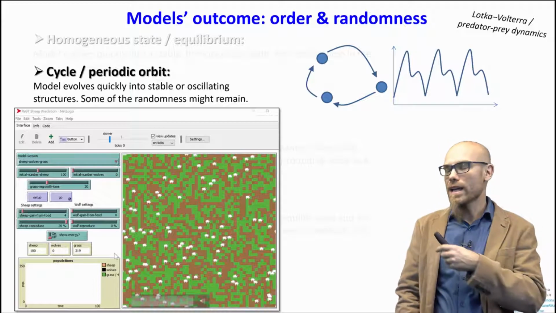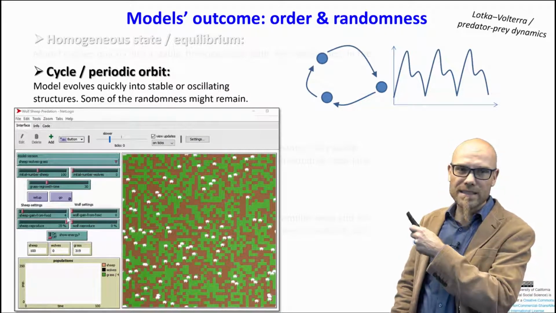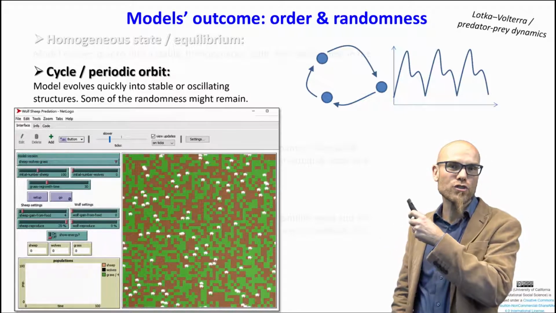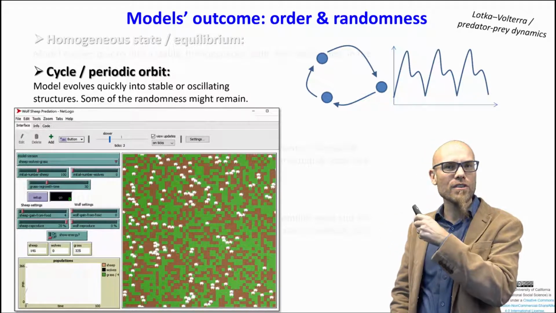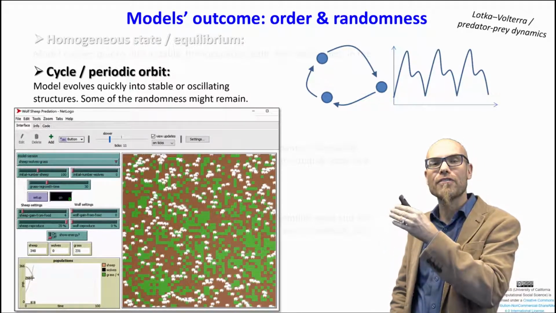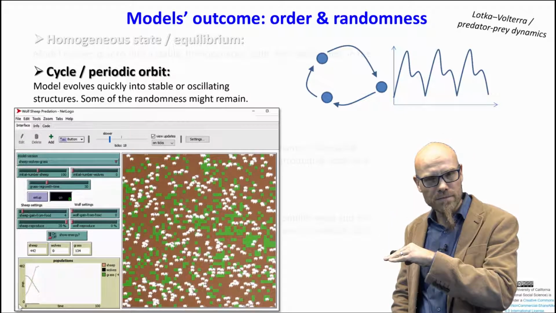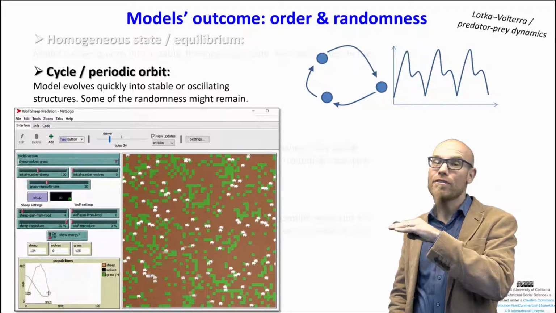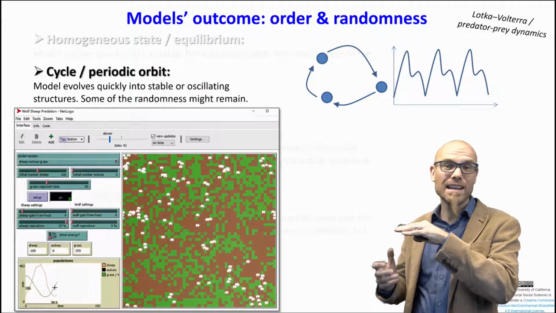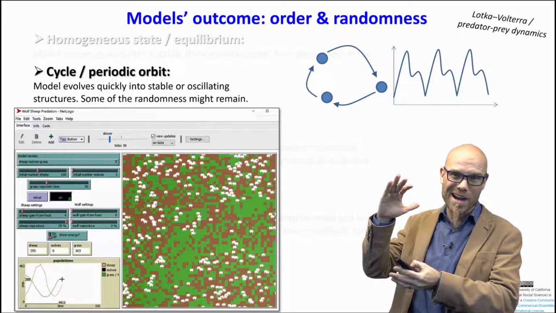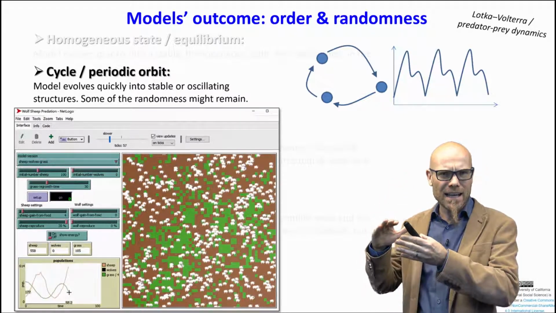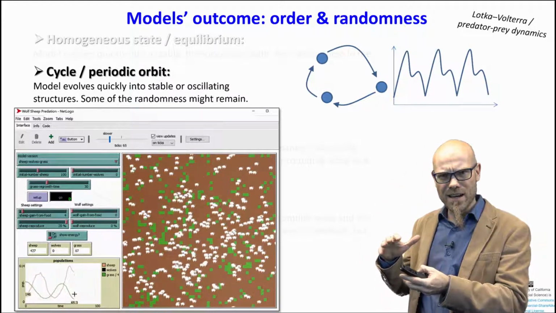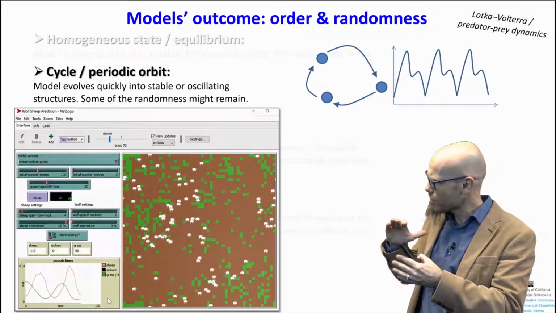But the grass doesn't move around, which gives us a little bit of a different dynamic. And you can see we get cycles here. The grass goes down as the sheep increase, and they balance each other off. We have less grass, so the sheep go down. If we have fewer sheep, the grass can grow back. If we have more grass, the sheep say, yay, let's go for the grass. So the sheep go up.